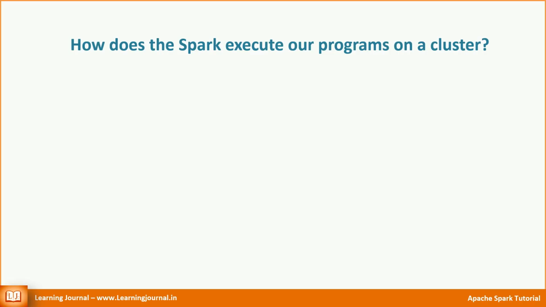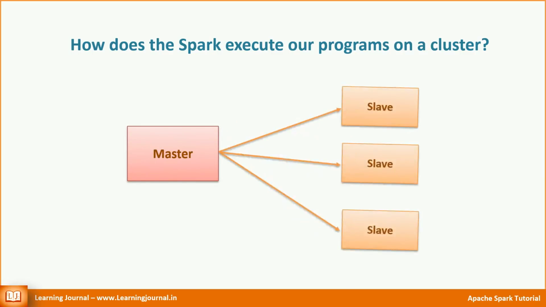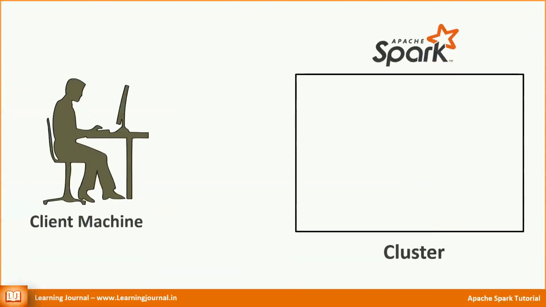Let me explain. Spark is a distributed processing engine, and it follows the master-slave architecture. So, for every Spark application, it will create one master process and multiple slave processes. In Spark terminology, the master is the driver and the slaves are the executors. Let's try to understand it with a simple example. Suppose you are using the Spark Submit utility.